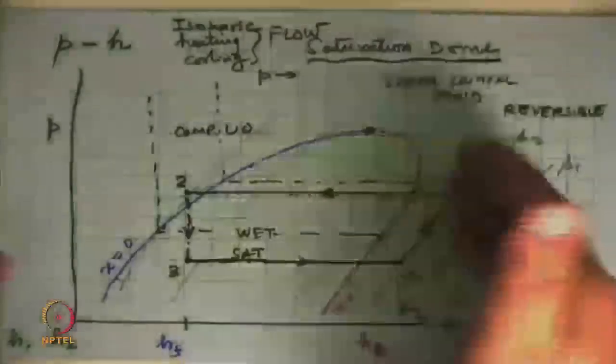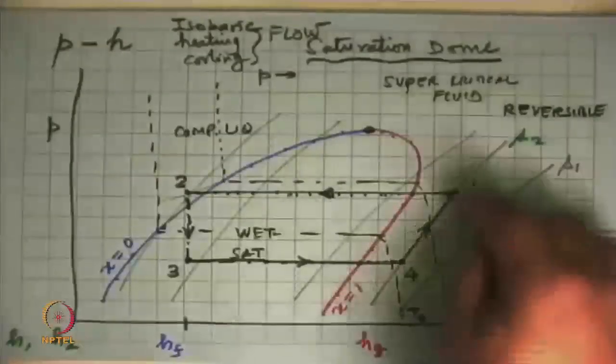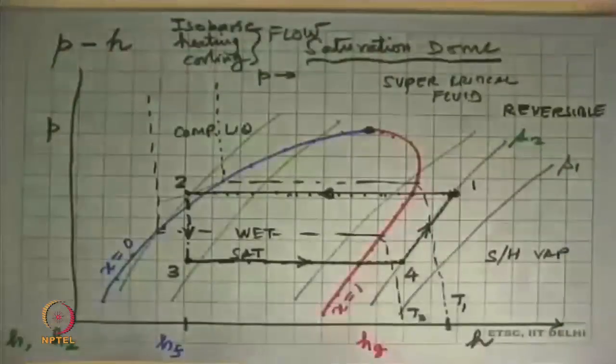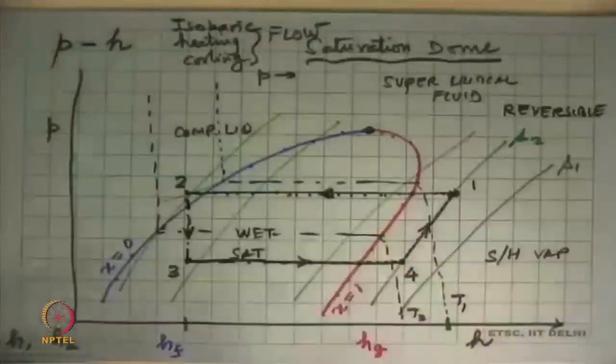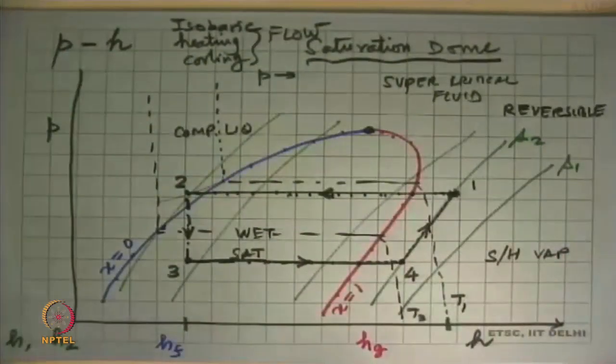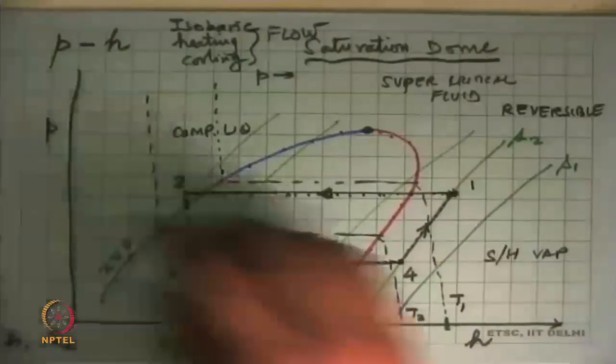Earlier, we had to look up the charts and do interpolations. These days, we can even make this whole thing in a software, and by touching the points on the screen, we can just get all the data from there. Or to be more exact, we go to the tables, input all these properties, and get much more accurate data. That is the best thing to do. So that is the p-h diagram.